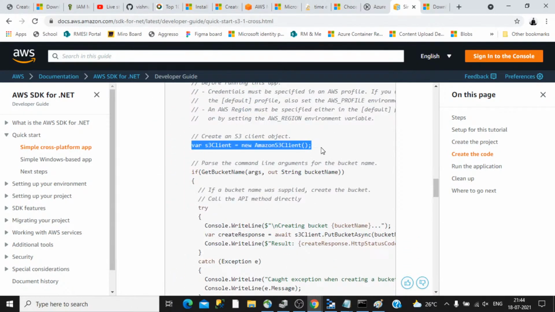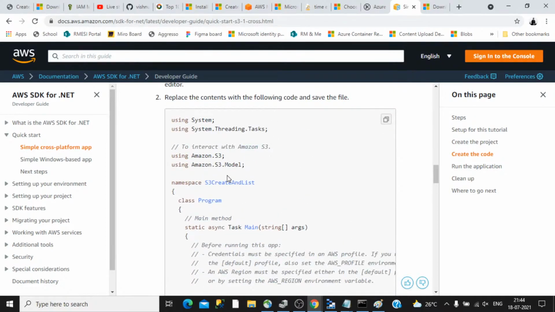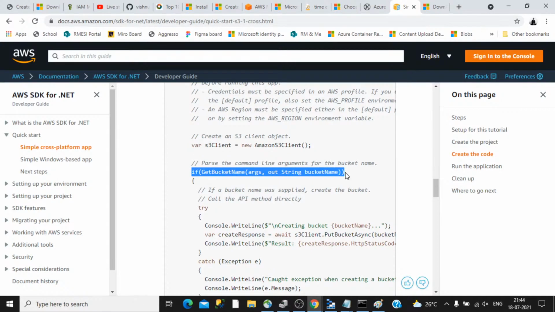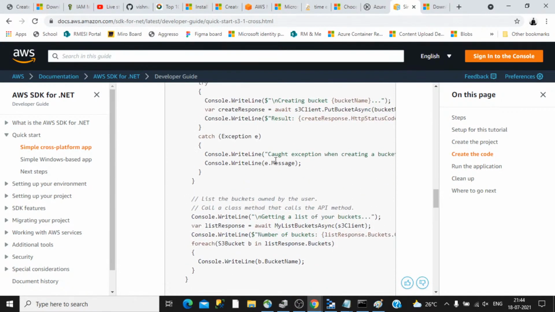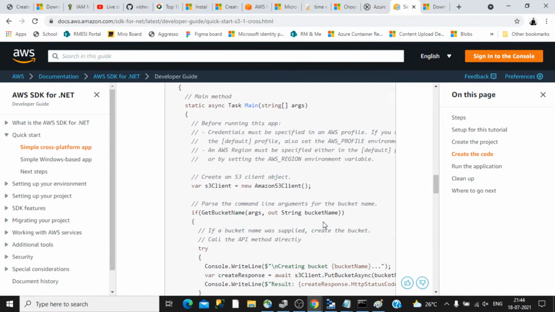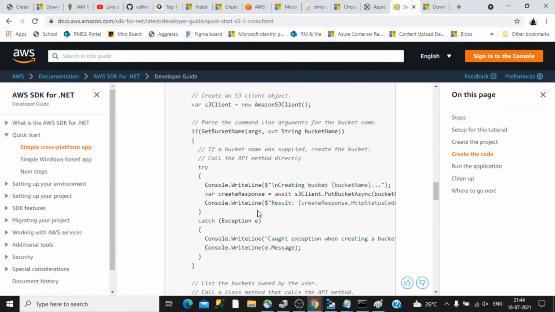Once we add this SDK, it is simple. Say we create an instance of S3. For example, this is your application, and your application wants to connect to this S3 bucket. You initially create an S3 client, then you provide all the other things like the bucket details. This is an example of creating a bucket. You are providing a bucket name here, and if that bucket is not there in the Amazon S3 storage, it will automatically create the bucket. That is what it is displaying here.